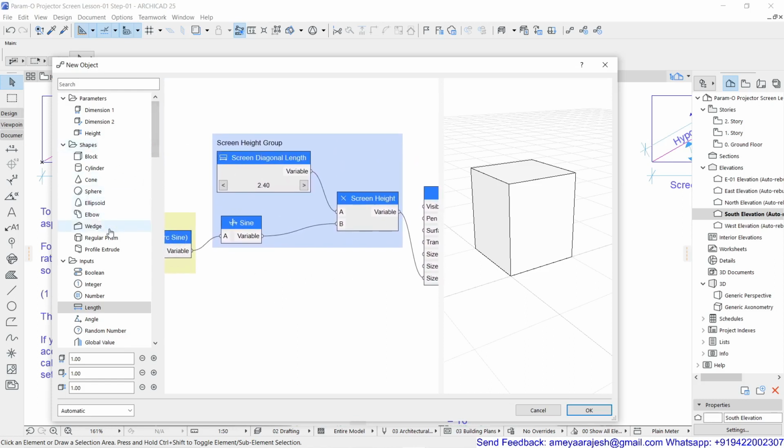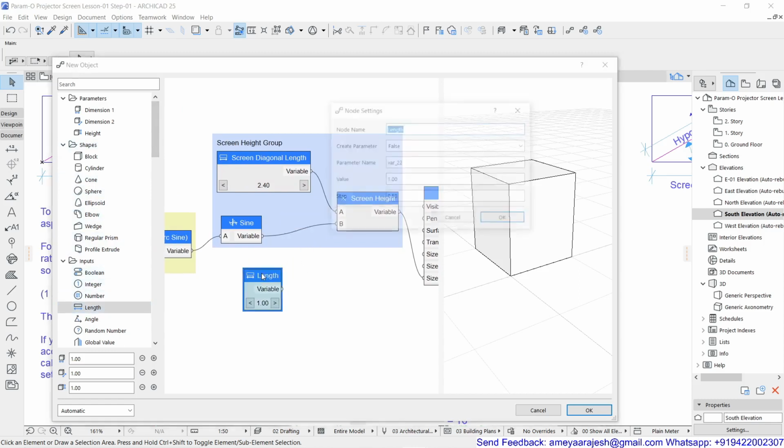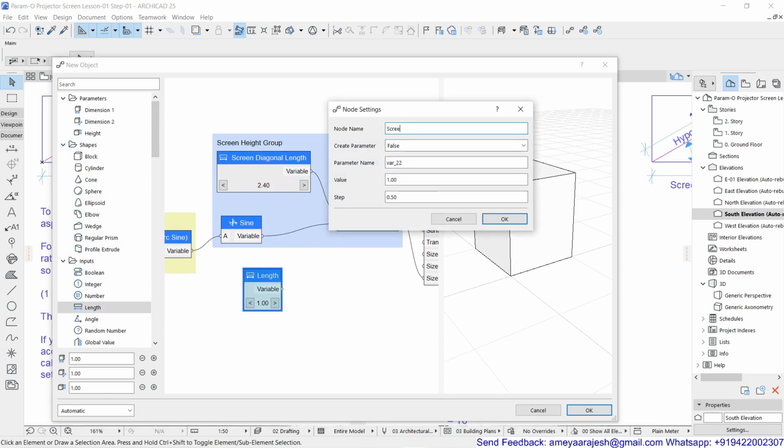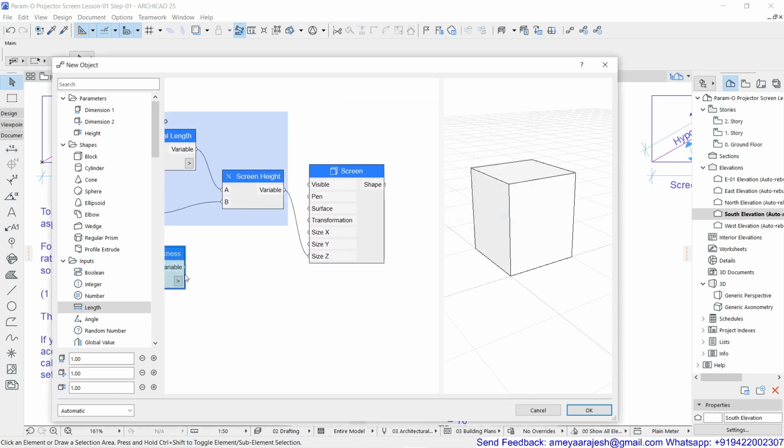So I'm just going to use this length option, double click, and again over here I'll double click and just say screen thickness. Correct. This will not get displayed in the parameter list. It will be directly implemented, and for that reason I'm keeping this as false, and the value over here I'll keep as 0.05, that is 50 millimeters, and the increment I can set as 0.001. Fine, so this is my screen thickness, so this will be the Y value.